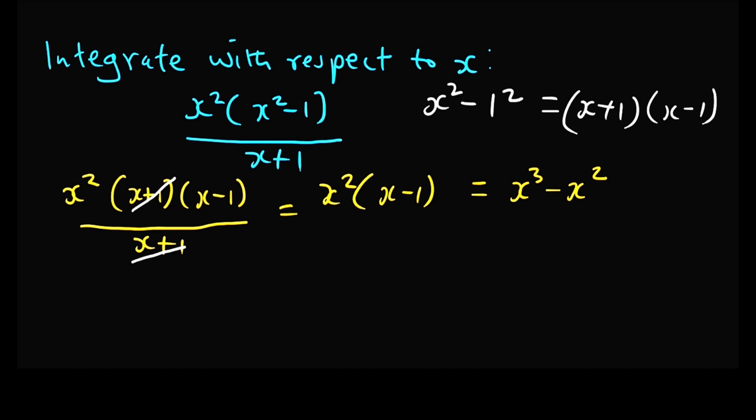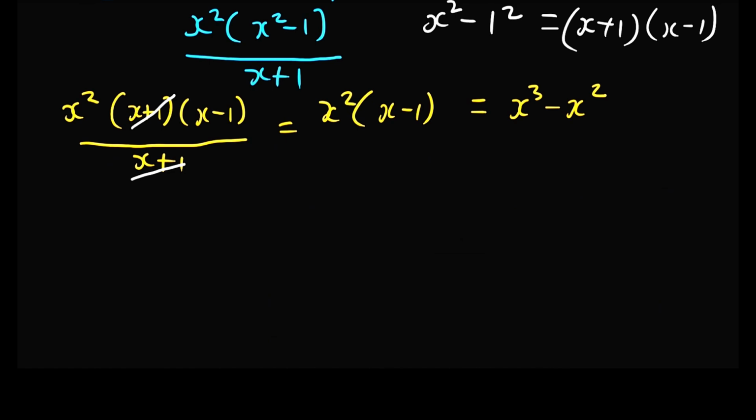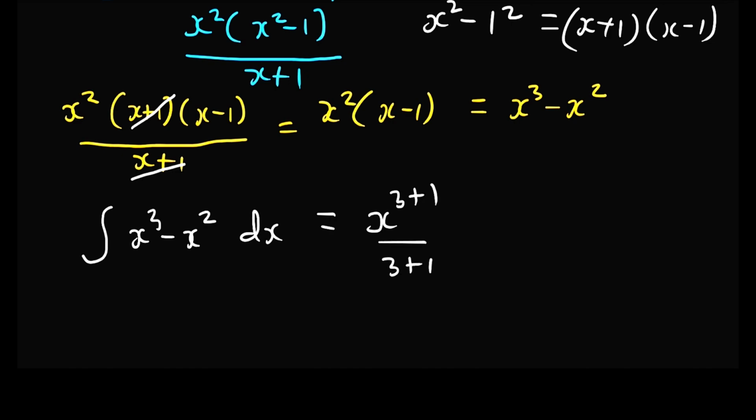Let us do that. So we have the integral of x power 3 minus x squared with respect to x. So we're going to have x power 3. We increase the power by 1, and then we divide by that new power, minus x squared. So we increase the power by 1 and divide by that new power,